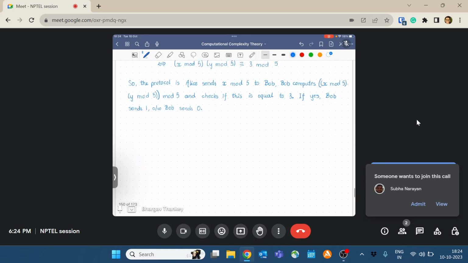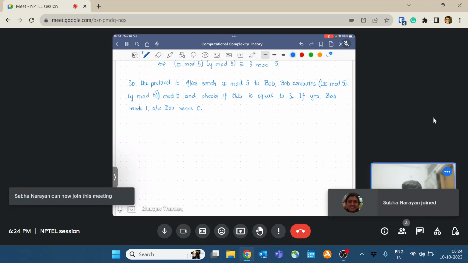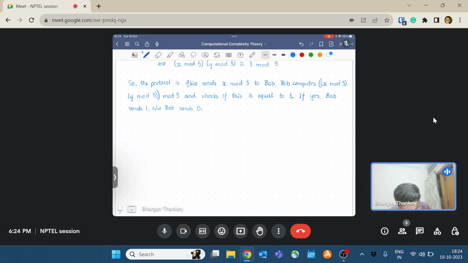So all we need to do is compute the number of bits that are communicated between Alice and Bob in the protocol. So Alice sends x mod 5, and x mod 5 is going to be less than 5, and any number less than or equal to 7 can be expressed using just 3 bits, right? So this requires 3 bits,